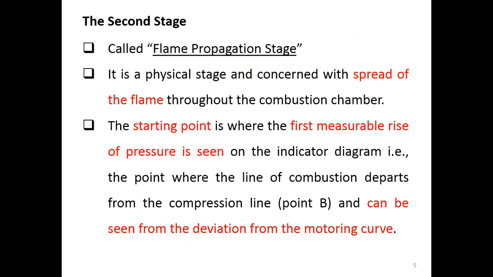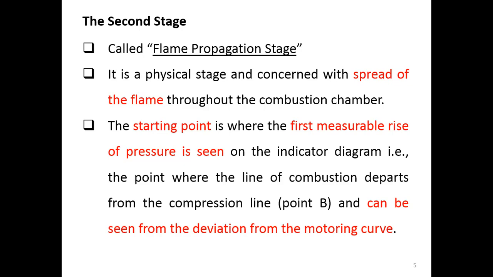Okay, so that is the first stage, the ignition lag stage, where no combustion happens, only the fuel gets heated up. We need time for the fuel-air mixture to heat up until it can generate the flame, and that is when the combustion happens. So when the combustion happens, we come into the second stage, which we call the flame propagation stage. It means you now start to see the flame traveling throughout the combustion chamber.